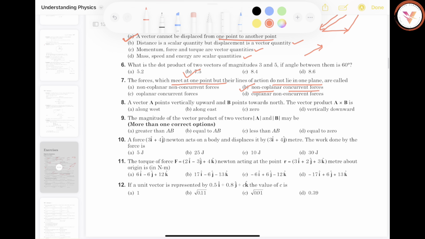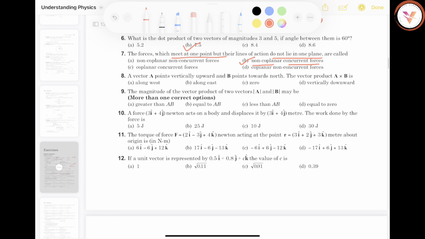The vector A points vertically upward and B points towards north. What is the vector product A cross B? Okay, so let's say this is north, south, east, and west. And vector A points vertically upward. It's pointing in the outward direction. So if you do A cross B,